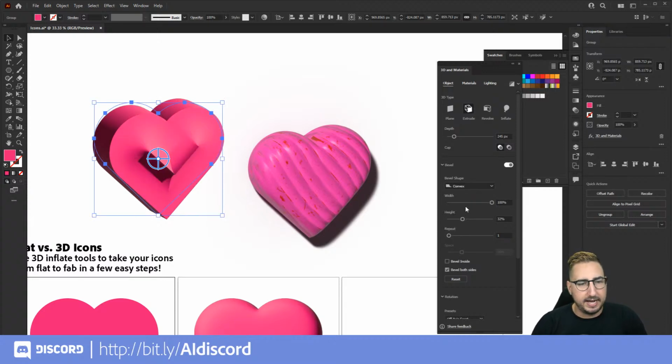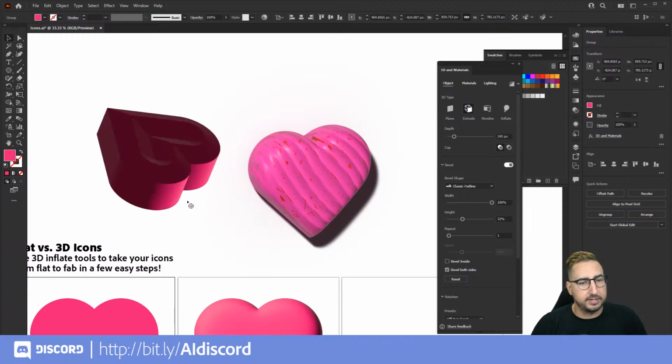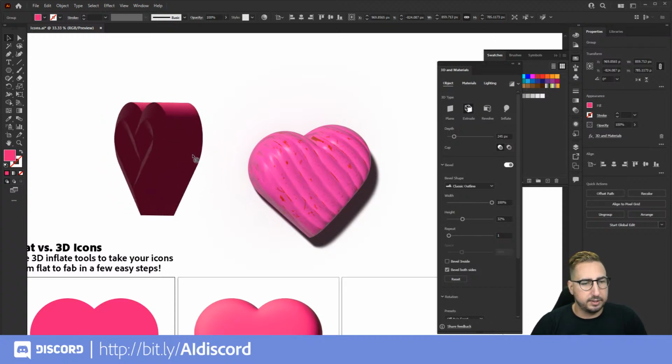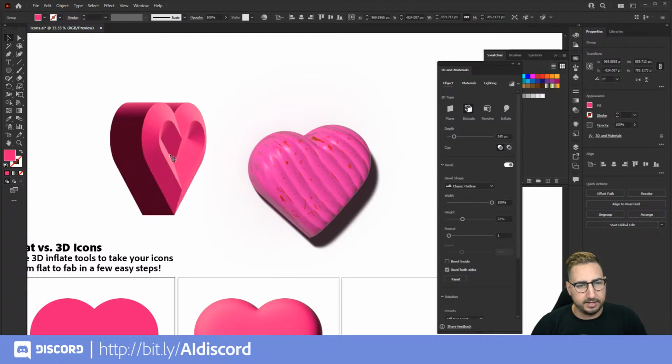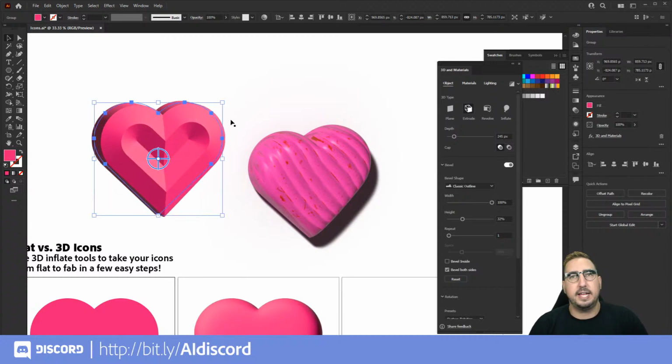We can do convex, and that's going to look crazy. Let's go ahead and see what step looks like. Meh. Classic outline. That's pretty cool. So let's do the classic outline right there. And it is only doing one side. Oh, actually, it's doing both sides. I didn't realize that we turned it on. Also, did we accidentally make the Kingdom Hearts logo? I think we did. So you can play around and create this awesome bevel look,